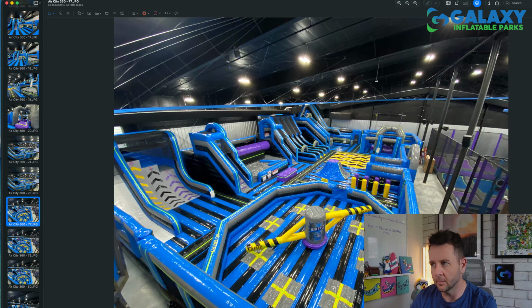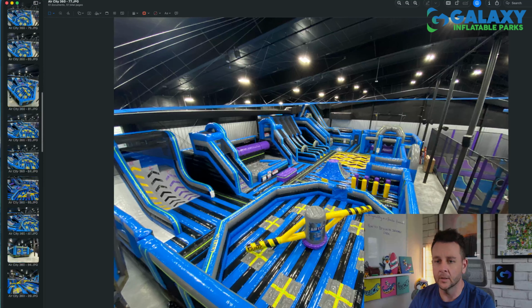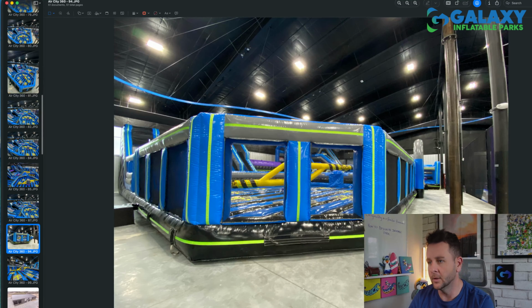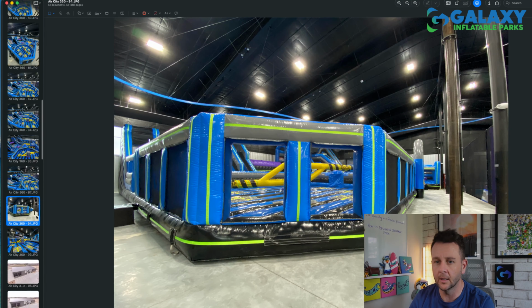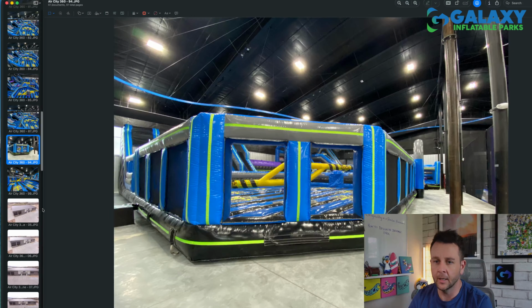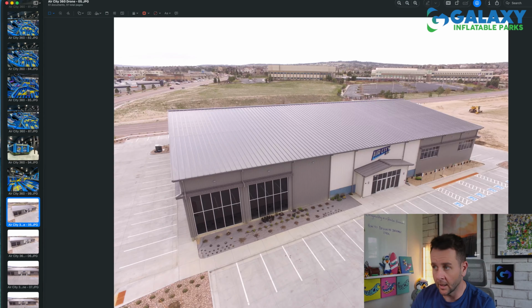Like some of these are some of our favorite marketing images that we've taken. And it just goes to show how we've utilized every square inch of this park, and to create the visibility for guests as they're walking around so that they can see their friends playing. But it's not just inside. We, with this being a new build, I think it was a great example to show what can be done